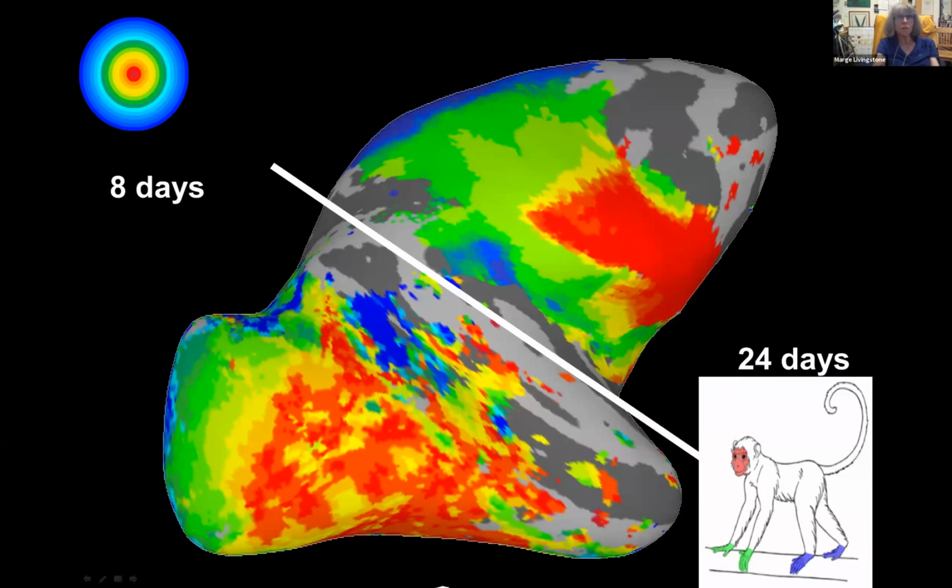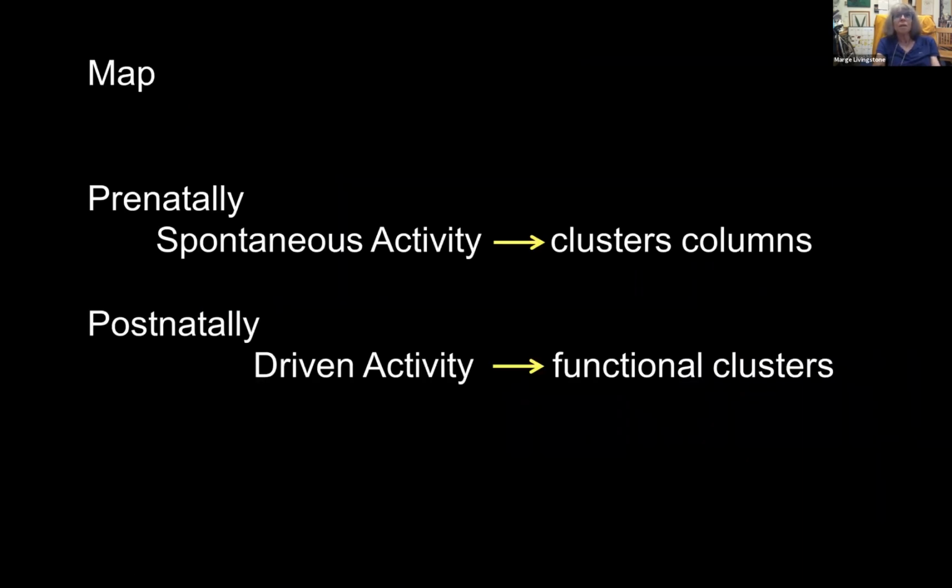So that's pretty universal. So let's say you start with a map, which is set up by gradients of trophic molecules, and then prenatally that map is refined and clustered by spontaneous activity. Postnatally, the same neurons get driven by stimuli in the environment, and the same rules now form functional clusters based on what the animal experiences in its environment,